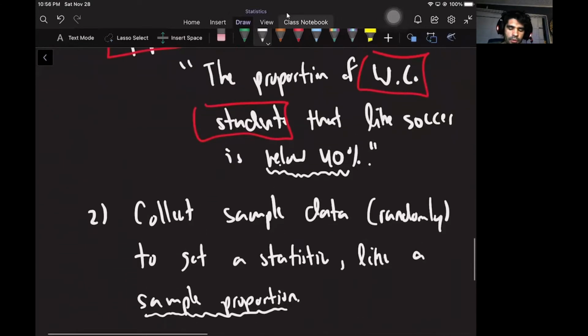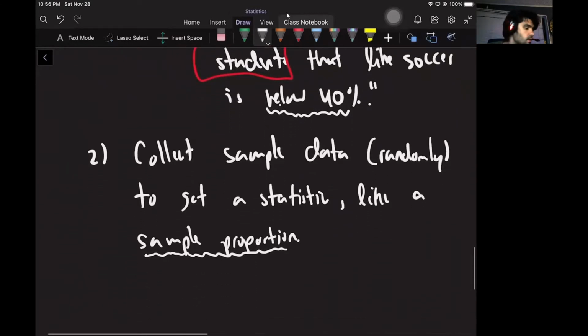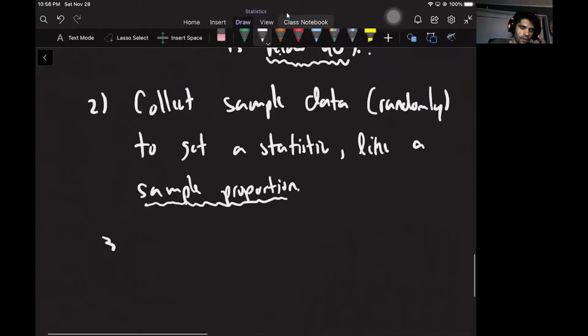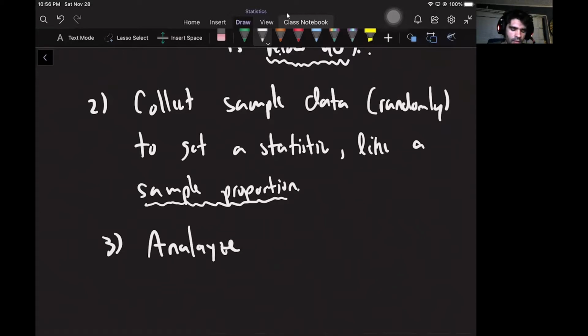If I was talking about proportions, if I was talking about means, I would get a sample mean instead. So now we use all the math that we just learned. And so what we do next is we analyze the statistic that we get to determine